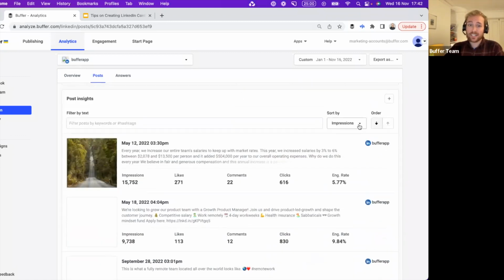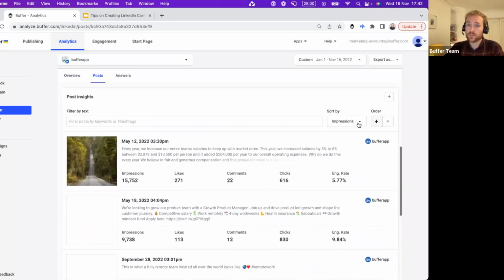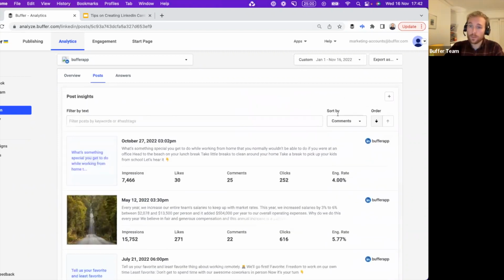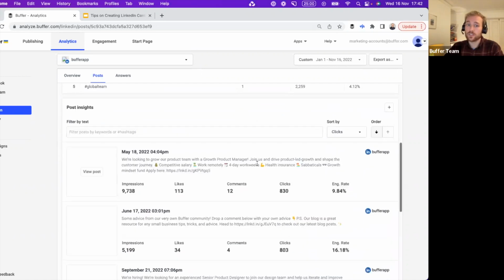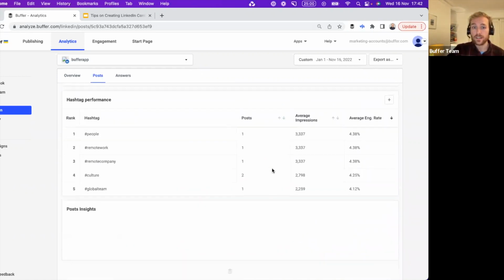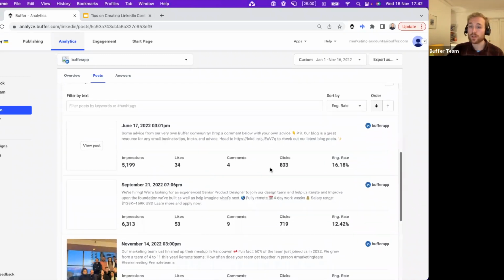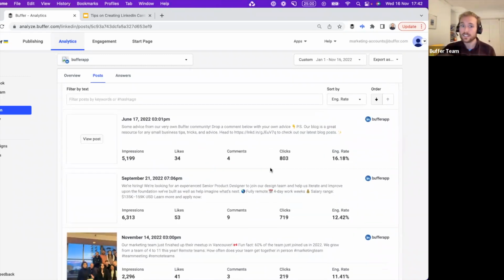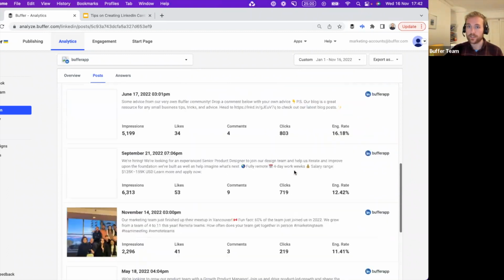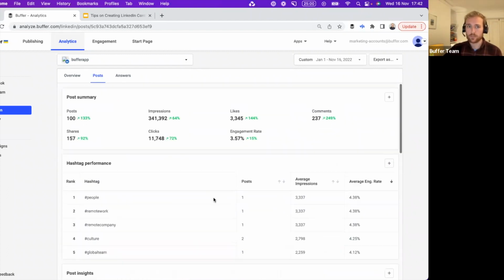We can do some more granular analysis as well and simply look at some of the top posts we've had throughout the year. So we can see our best post in terms of impressions, our best post in terms of likes, which one has got the most comments, clicks too. So if we want to see how well we're driving people towards different pages, we can see that here. And then again, engagement rate too. And this can be really useful for us to understand what posts are performing well and inform our strategy throughout the next year as well. So this is really handy. I'd suggest everyone going in here and really analyzing how your posts are performing.